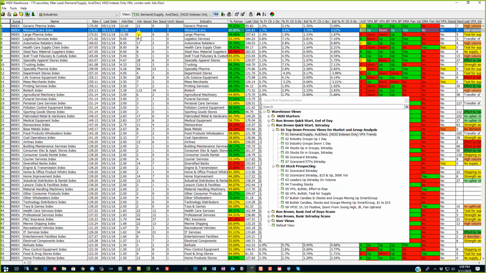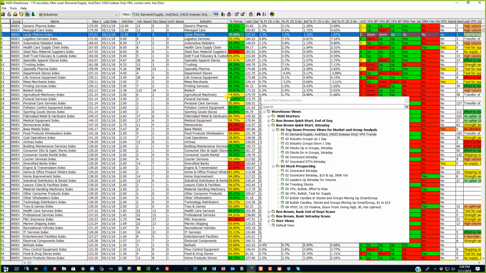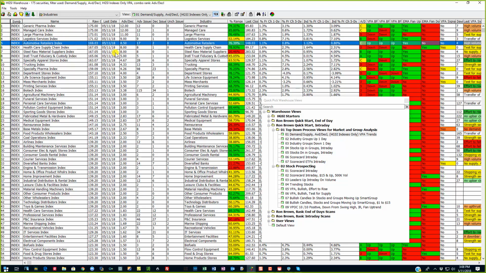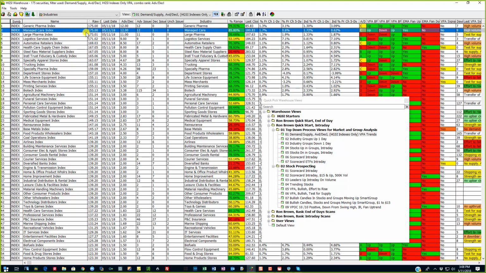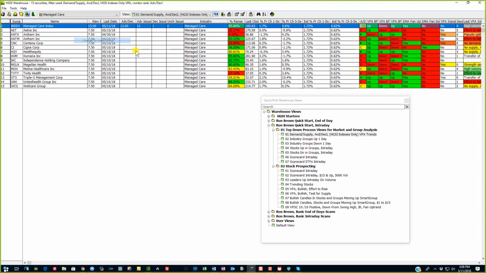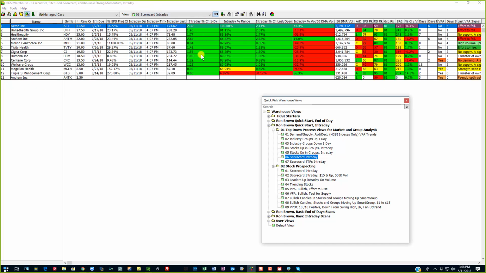Here's managed care, 12-1. Here's large pharma. And the biotechs, I saw a lot of biotechs, or at least the groups today when I was looking, and there are, well, this is a healthcare also, managed care. There are 3 up here at the top, so there's something definitely going on here. Let's do a quick look at the managed care. I'll click on this scorecard intraday. You can see that these are all up. This one is sorting on the